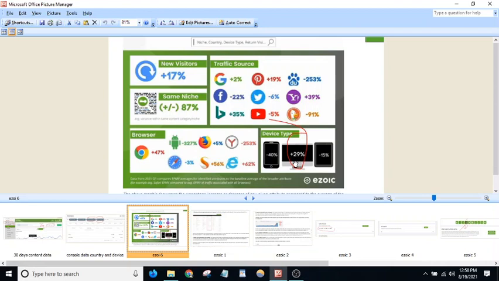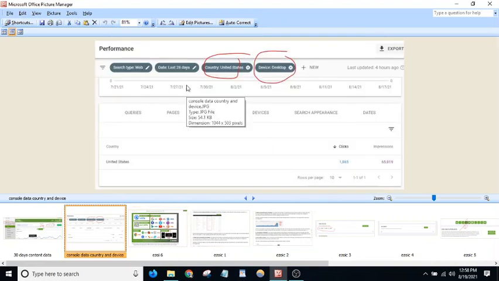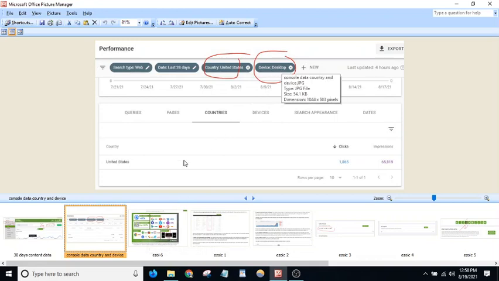What you can do is go to Google Search Console and select the last 29 days of data. Go to countries, select USA. USA, because USA has the highest CPC among all the countries, so we will be targeting USA. Then click on device and select desktop. Selecting desktop, it will then show the queries which are giving you the results.